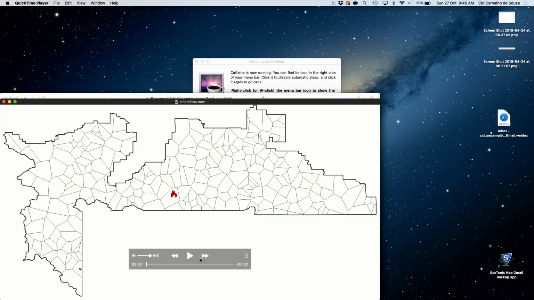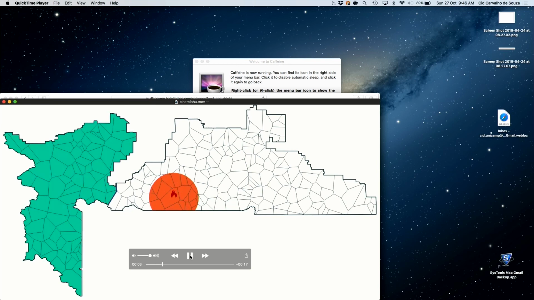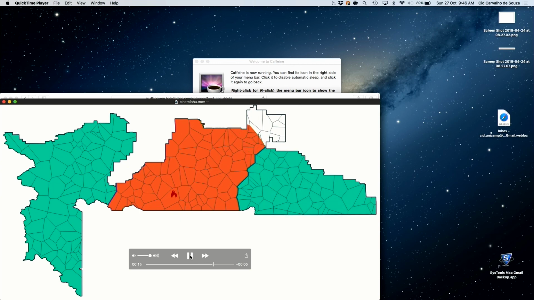Assume that you have knowledge of the speed of the fire and also the speed at which you can construct the barriers. So the fire is spreading and you are building barriers to protect some regions from the fire. And what you want to do is protect the largest possible region, right? So that's what you want to do.